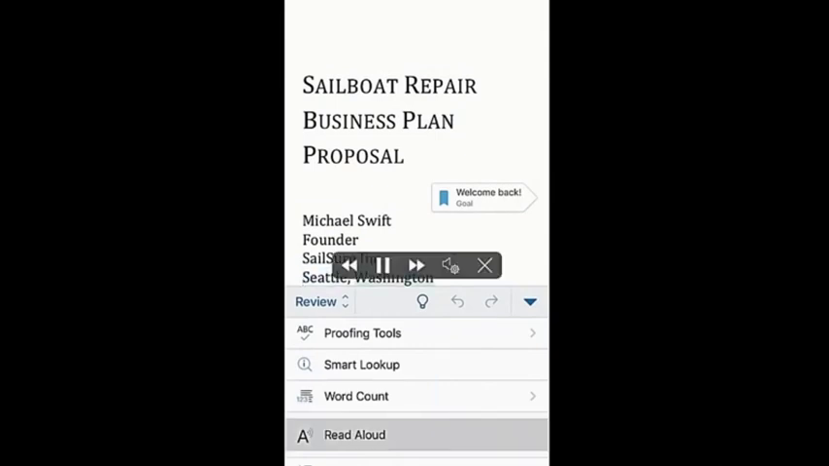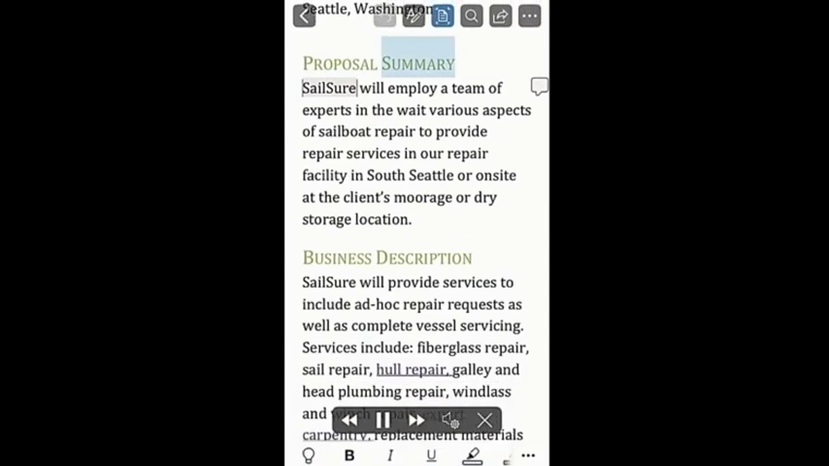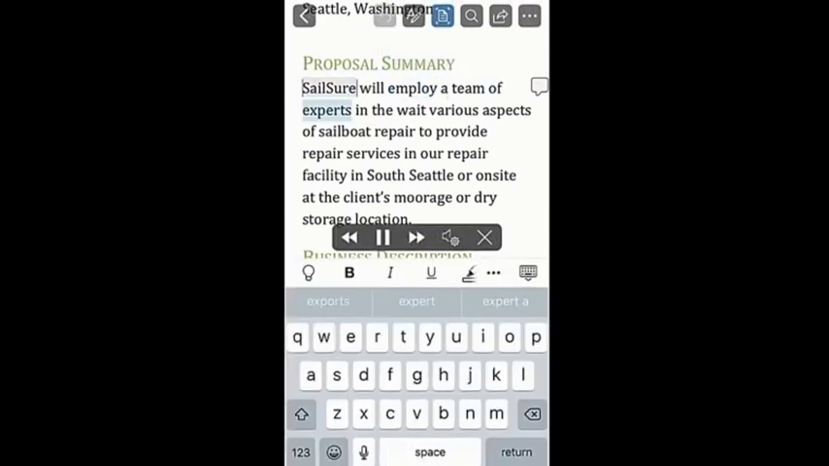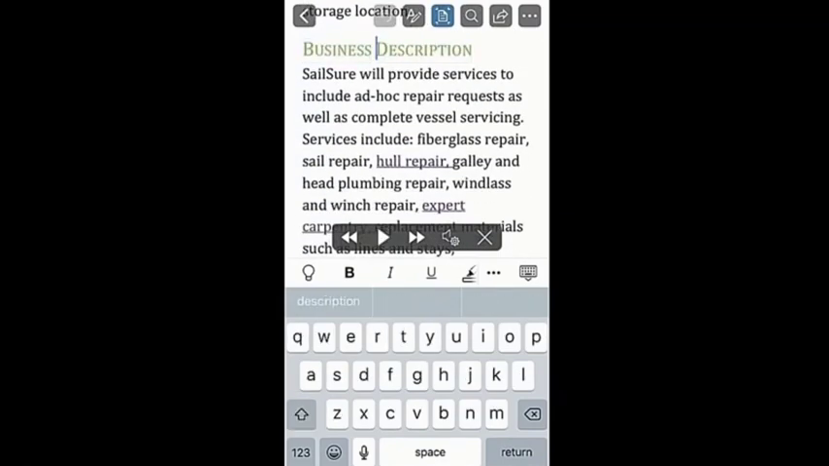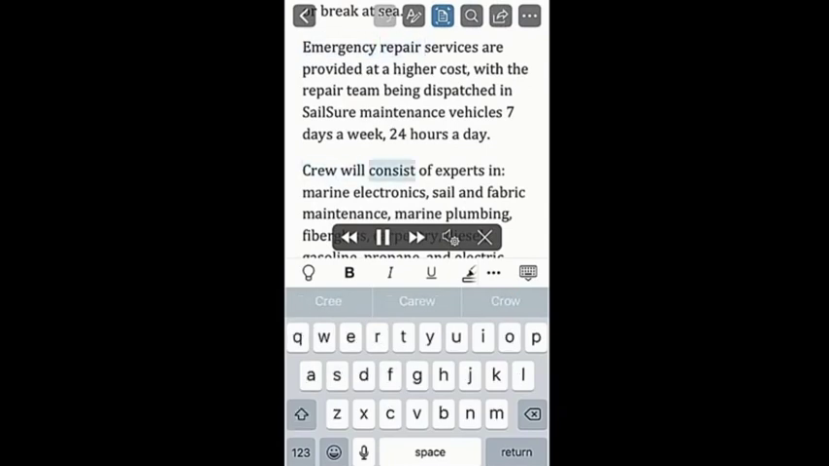So I can invoke the palette. I have a read aloud mode. Seattle, Washington. Proposal summary. SailSure will employ a team of experts in the various aspects of sailboat repair to provide repair services in our repair facility in South Seattle or on-site at... So you can not only read the document, but you can actually skip paragraphs using these navigation points. Emergency repair crew will consist of experts in marine electronics, sail and fabric maintenance, marine plumbing,